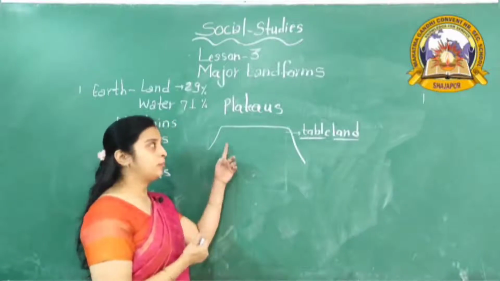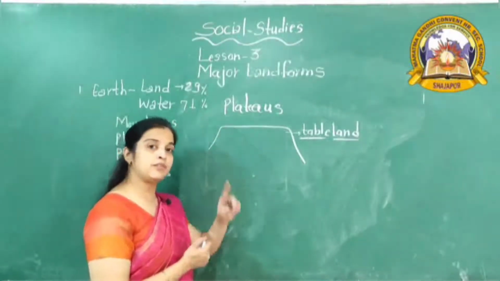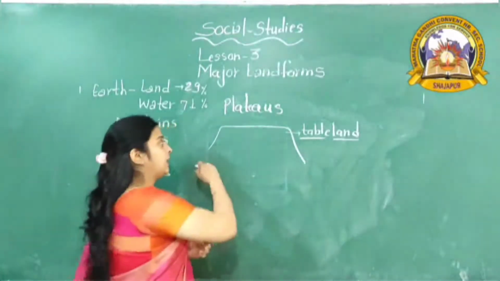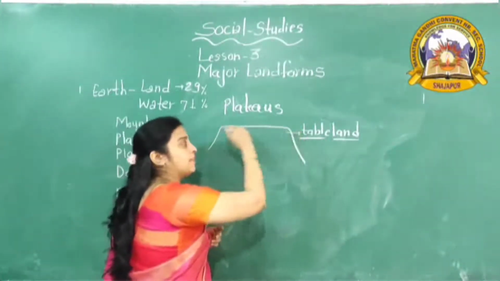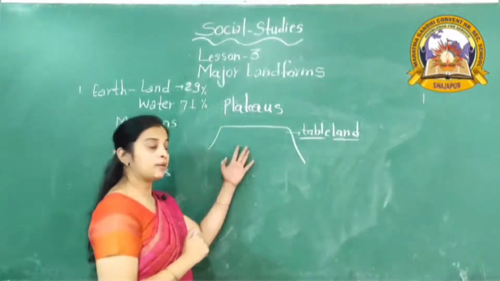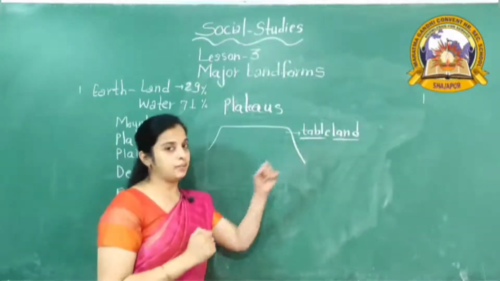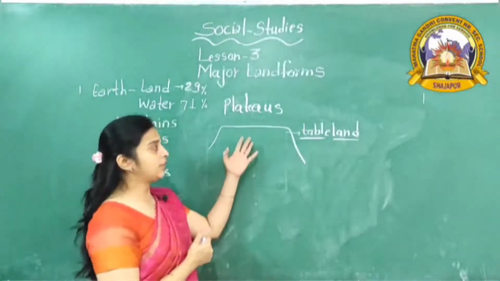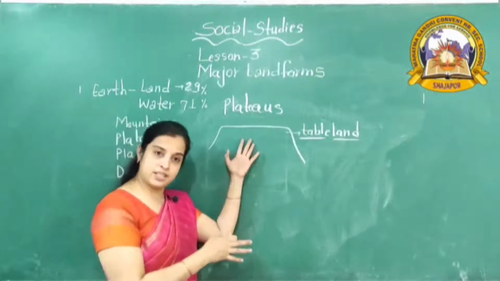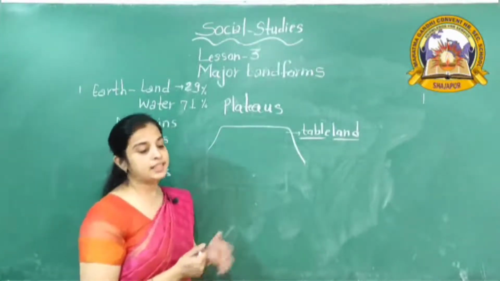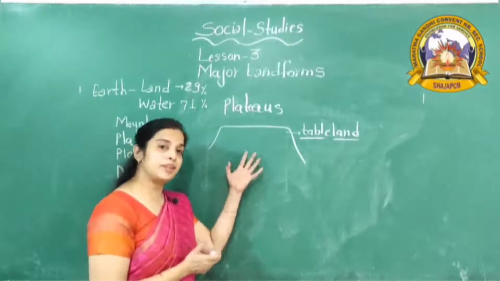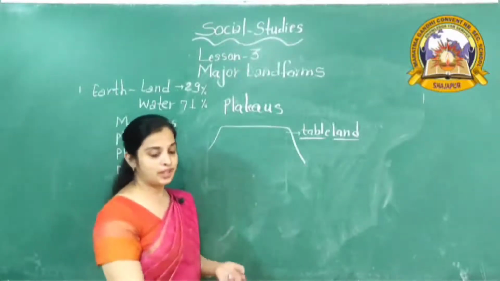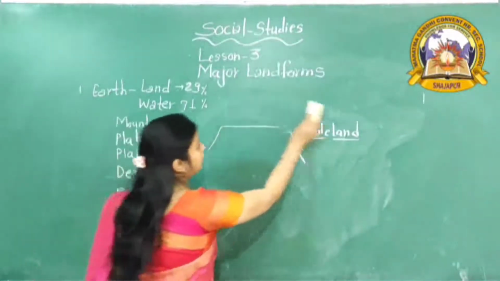So what is plateau? Plateaus are highland with flat top, and they are also known as tableland. Why? क्योंकि highland होते हैं जिनके top कैसे होते हैं? Flat होते हैं, like table. They look like table. Because of this, they are known as tableland. And what is the importance of plateau? The plateaus have grassland on which cattle and sheep are reared. Next thing is some plateaus are rich in mineral resources, and on some plateaus we grow crops also. The next landform is